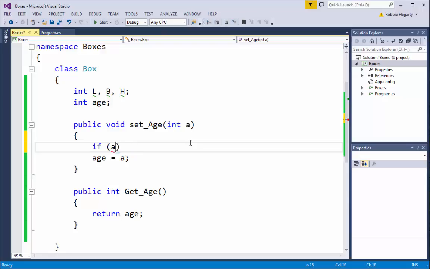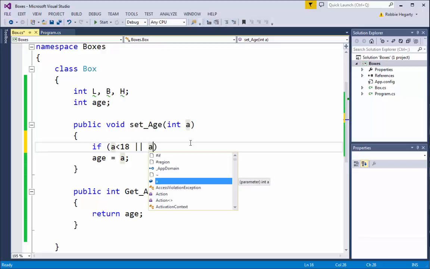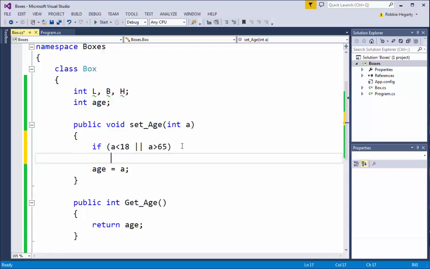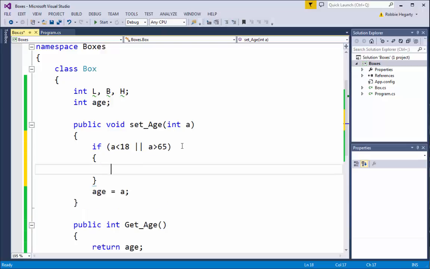I could say if, and it's not age, it should be a. If a is less than 18 or a is greater than 65, I'm going to decide that that's an invalid age. So if it's less than 18 or greater than 65, I'm going to tell it to just default the age to 18,